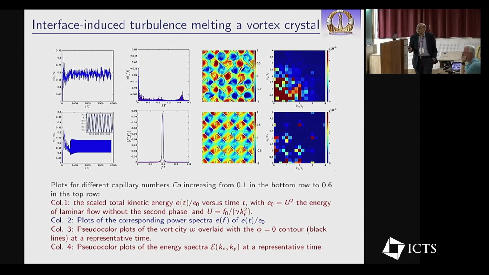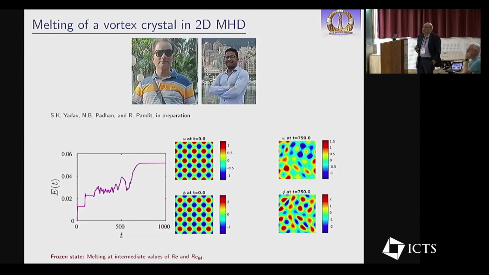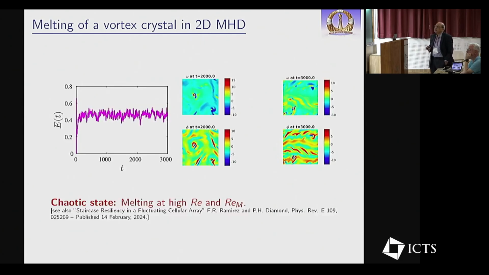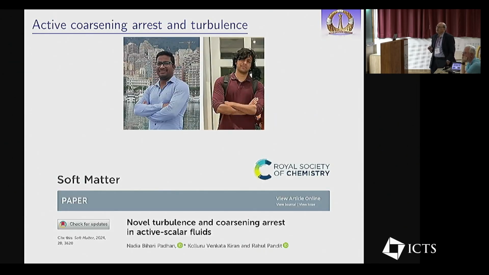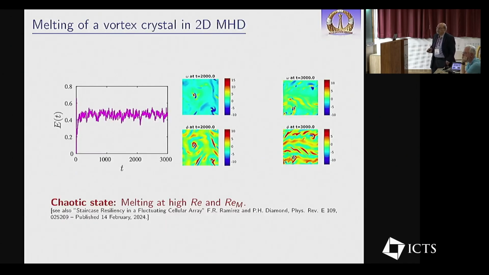Again, I could go through all the time series and Fourier spectra to show you that this indeed does happen as you decrease the surface tension. Again, the detailed transitions, there's a whole sequence of them, you have to keep track, but eventually you do get a state with turbulence. You can play the same game with 2D MHD. I'm just showing you illustrative plots. These are simulations carried out by Sharad Yadav, and again, I won't dwell on it too long. There's also work by the Diamond group here on similar situations.